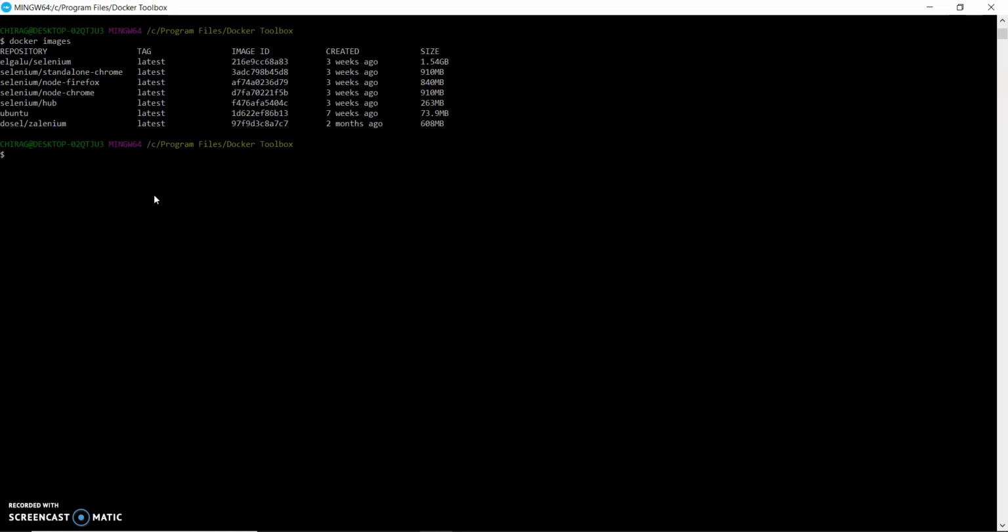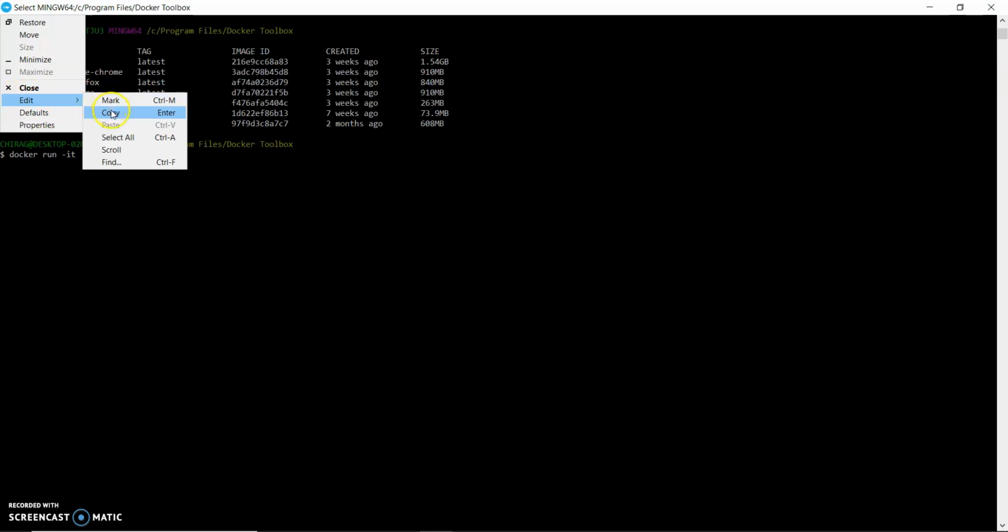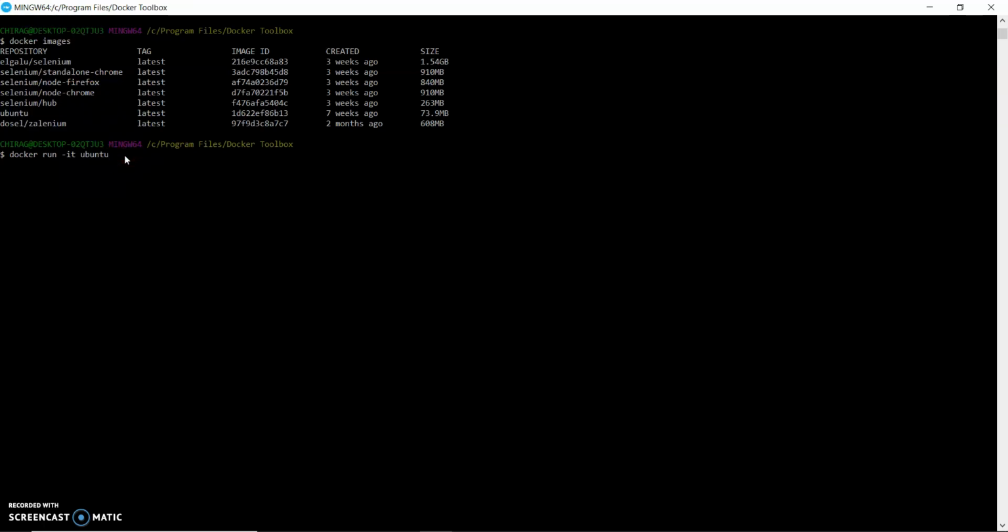So basically, this is the way we can create our image by using a Dockerfile. So if I run docker run -it and this Ubuntu, let me copy this name and paste and run. If I need to install curl in it, currently you can see that it does not have any curl software.